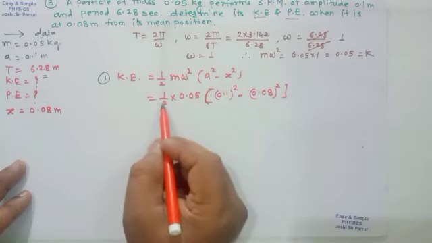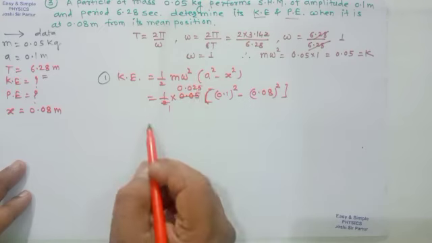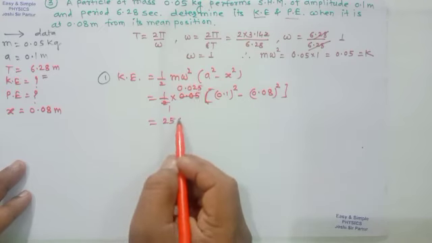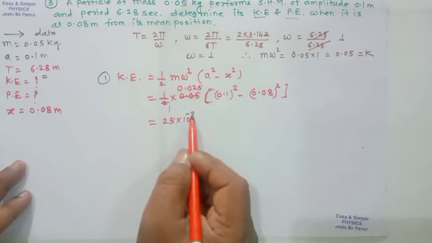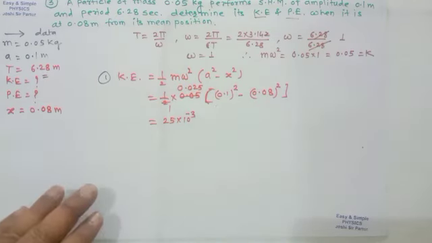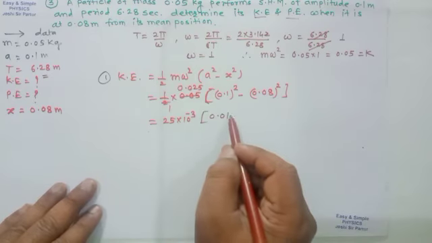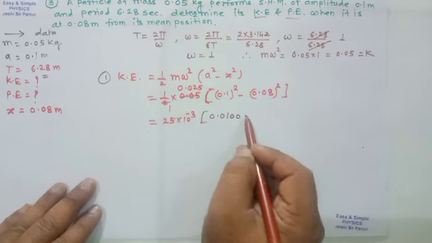Again, here it will be 0.025, so 25 into 10 raised to minus 3. 1, 2, 3, decimal point is shifted. In bracket, it will be 0.0100 minus